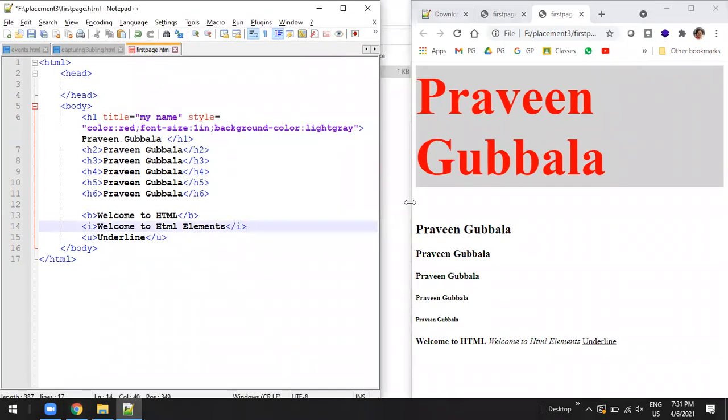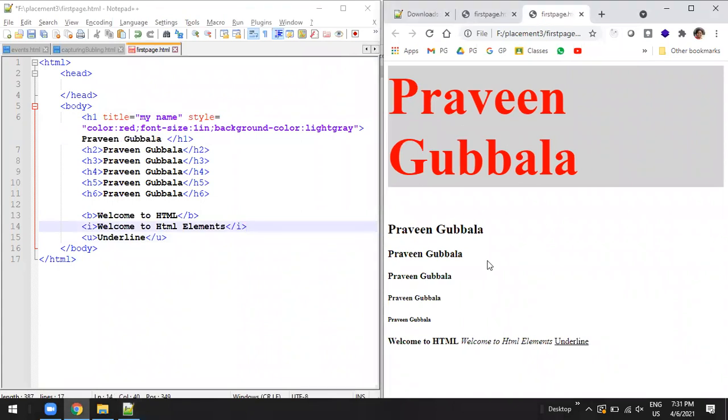Let us do the next step. Okay, let us discuss some concepts called structural elements. What do you mean by structural elements? When you want to put your content in a different structure, like bullet points, or in a table, or in a paragraph, such elements are called structural elements.